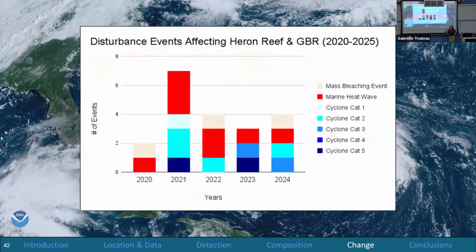So in order to choose a time frame where we're detecting change, we need to know that some kind of change occurred. So we're looking between 2020 and 2025 because there were a number of different disturbance events. For starters, we talked about the 3 out of the 4 mass bleaching events that have ever occurred happening between 2020 and now. There are a number of different cyclones of different categories that have happened in this time frame. And we can also see marine heat waves every single year at least once. So this is a really good time period for us to look for there to be change.